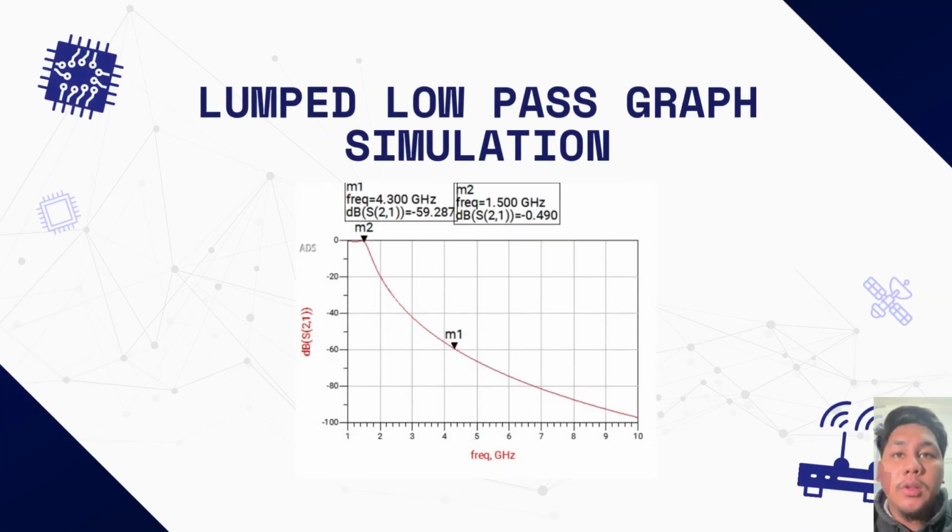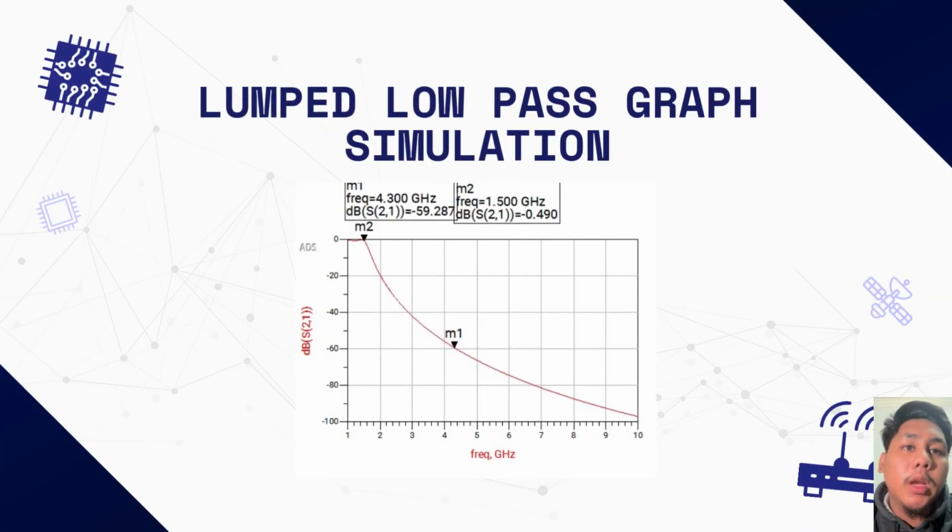This is the simulation result for our lumped low-pass filter. Let me highlight the two key measurement markers. At M2, positioned at our cut-off frequency of 1.5 GHz, we see S21 equal to negative 0.49 dB. This is excellent. It means the filter passes signals in the passband with minimal loss, staying well within our 0.5 dB ripple specification. Now, look at M1, positioned at 4.3 GHz. This is our required stop band frequency. We achieve S21 equal to negative